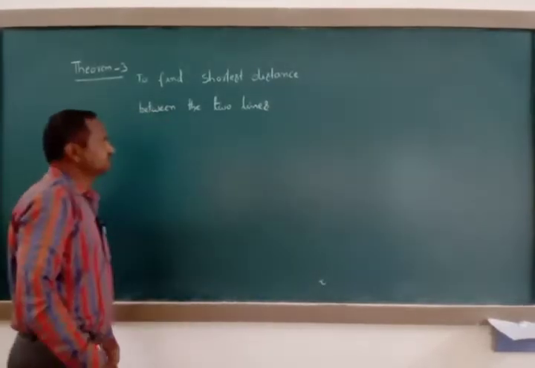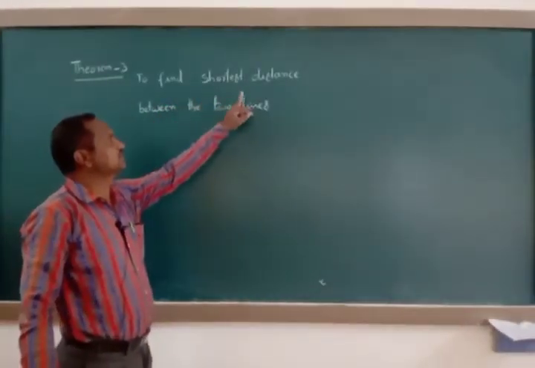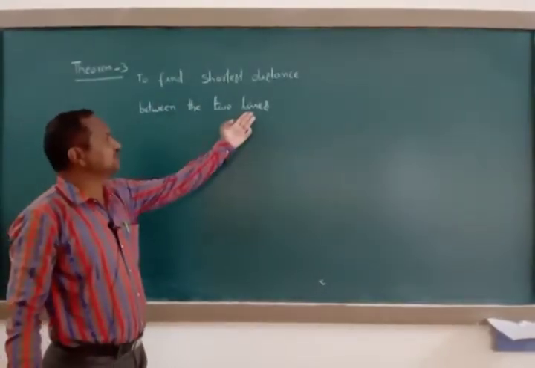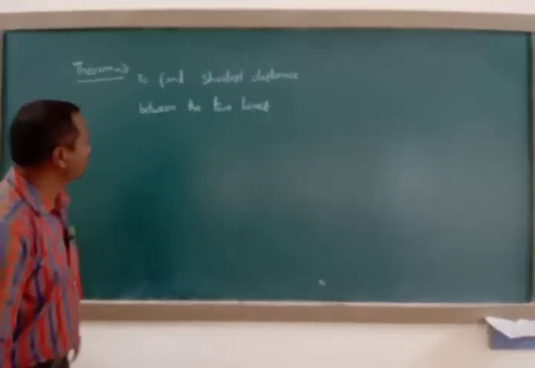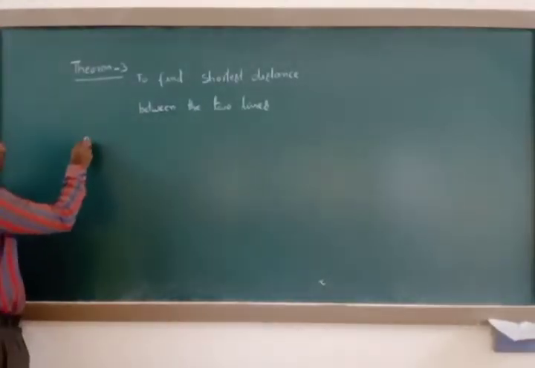Why I am not writing skew lines here: the shortest distance means the distance will come between the skew lines only. How to find the shortest distance between the skew lines? Proof for that one is,